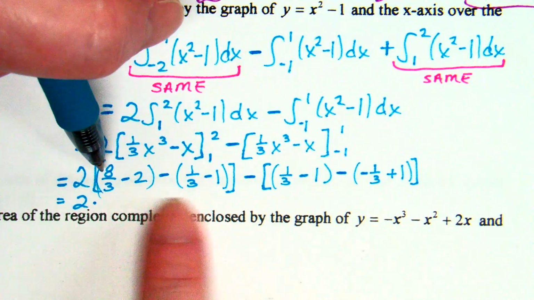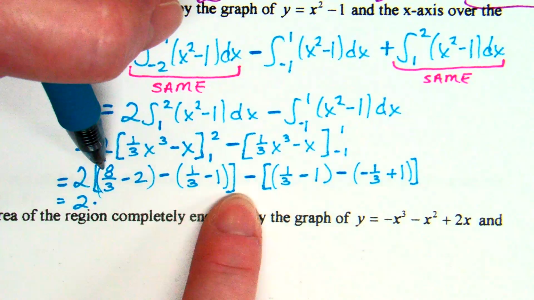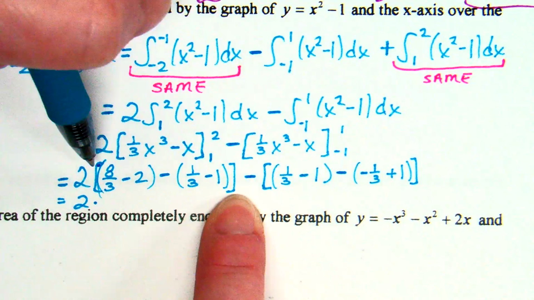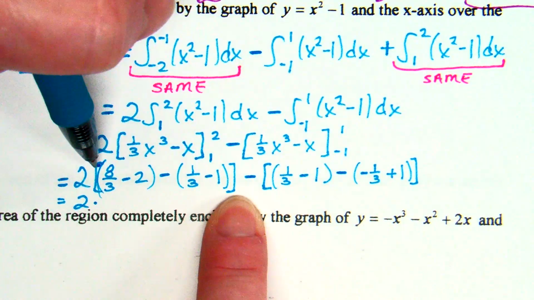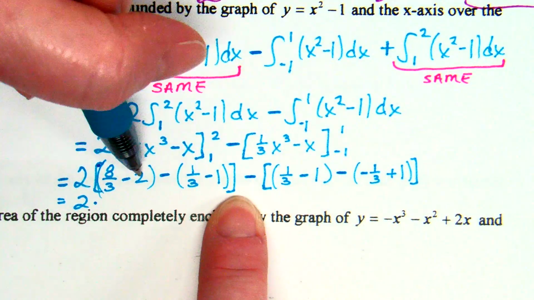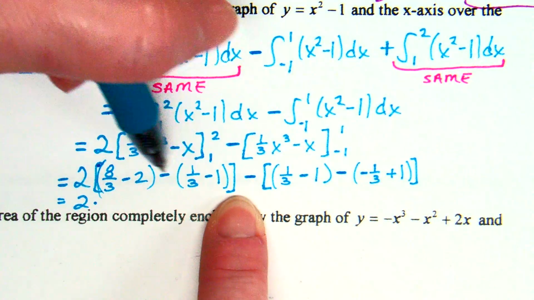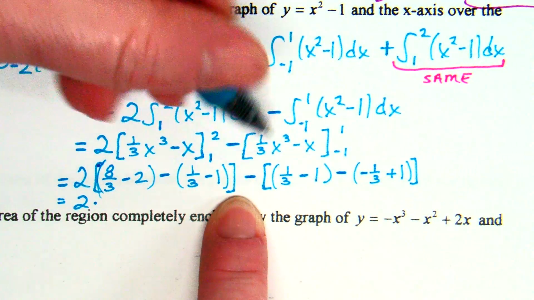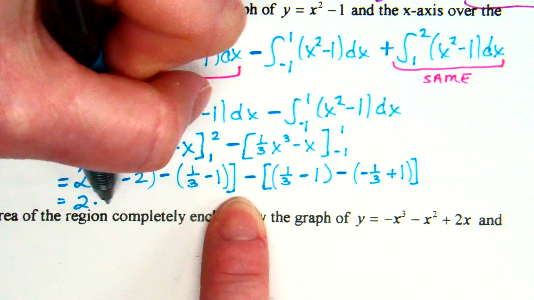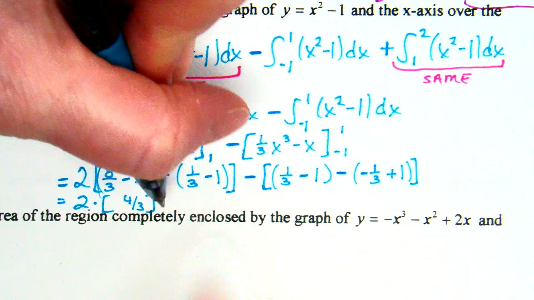I agree with 4/3 for the value from bracket to bracket here. He totally did it differently than what I was going to do, but that's fine. We all do this differently in our own heads, right? So he said 8/3 minus 2, so that'd be 8/3 minus 6/3 is 2/3. Over here, 1/3 minus 1 is negative 2/3. 2/3 minus negative 2/3 becomes 4/3. So I now have 2 times 4/3